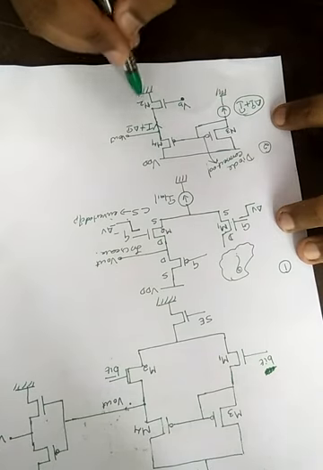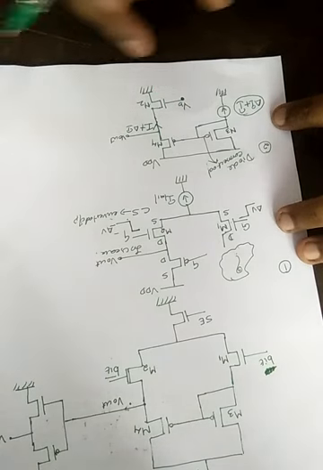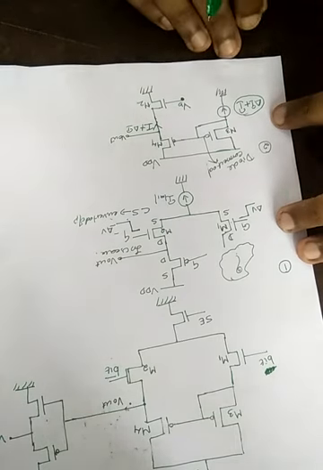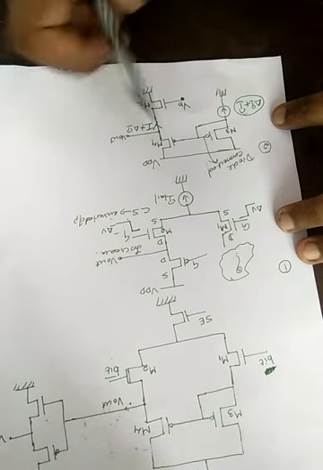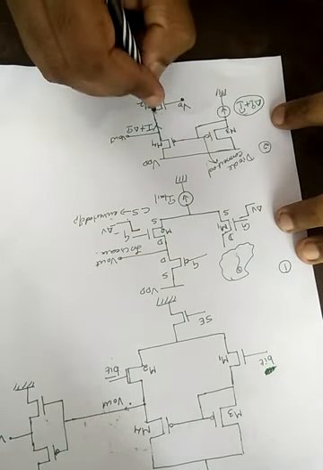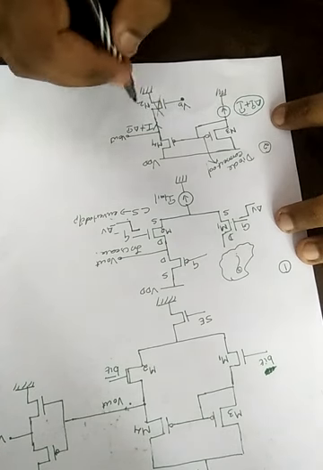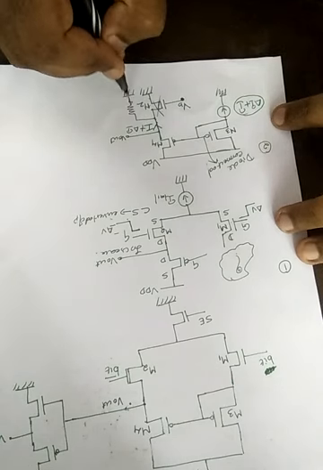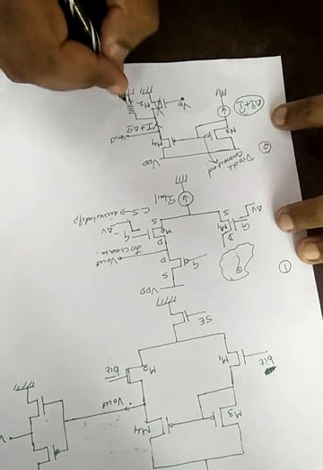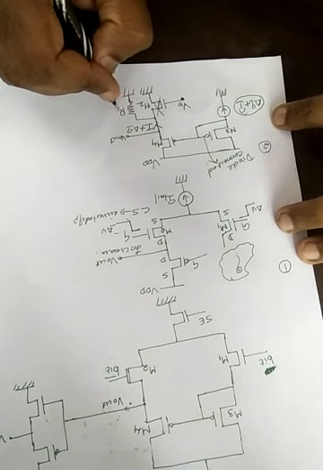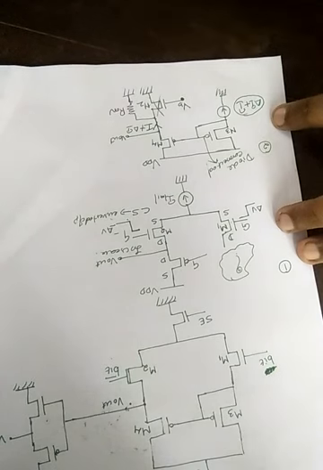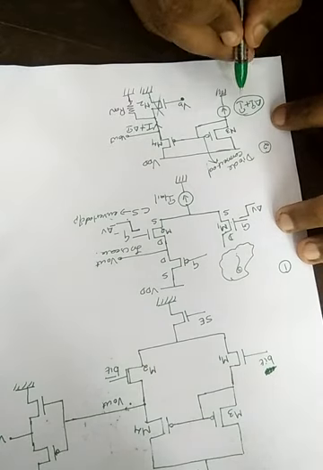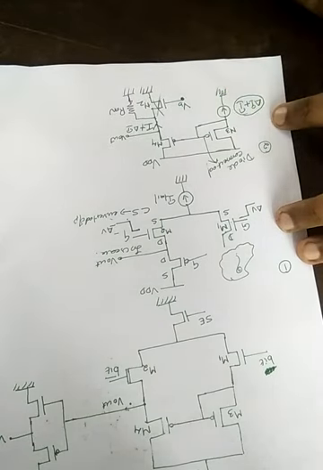Now I have said that we have provided a suitable biasing so that this transistor M2, an NMOS transistor, is in on condition. So I am going to simply replace this transistor by a resistor, because an on transistor can be replaced by a resistor. And I am going to randomly name this resistor R on. Just naming it. Our aim is to analyze the output when the current I is changed from I to I plus delta I.